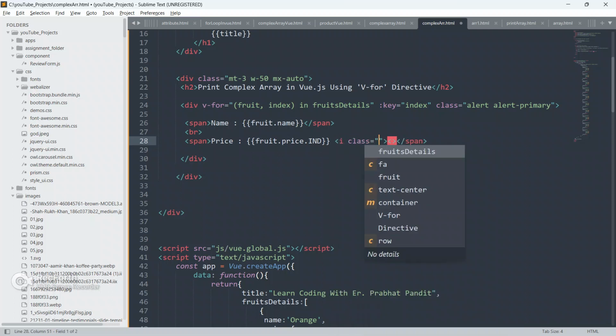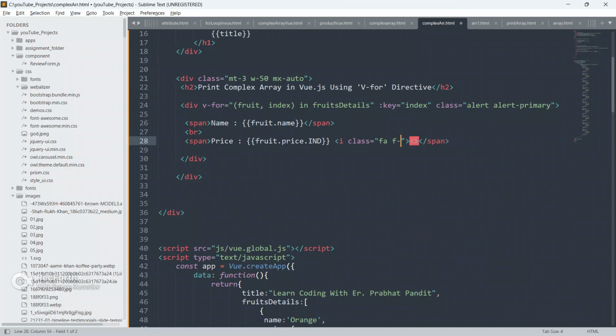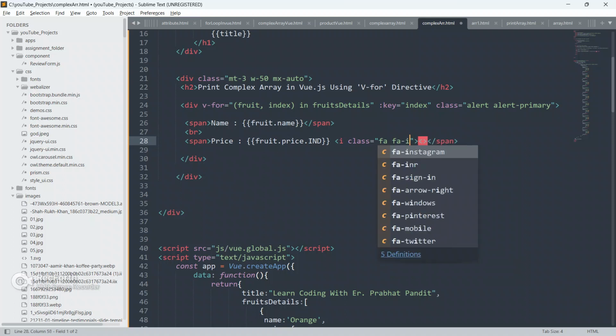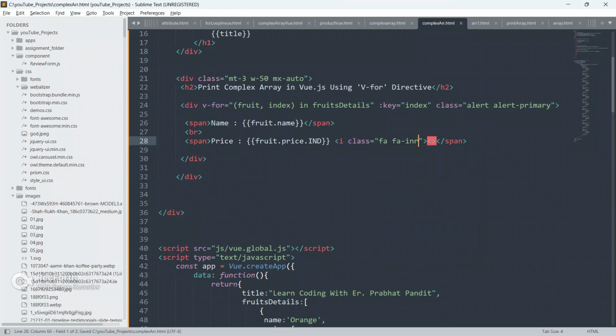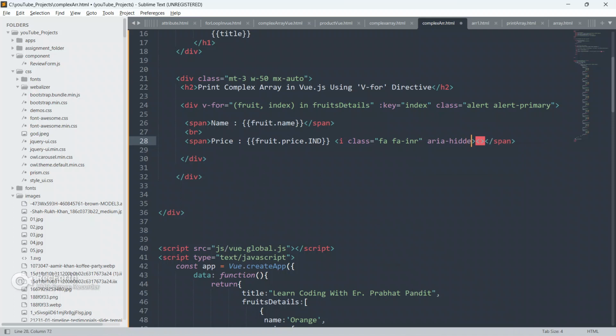Now I am going to create an I tag here and give it the class fa fa-inr, and aria-hidden equal to true.